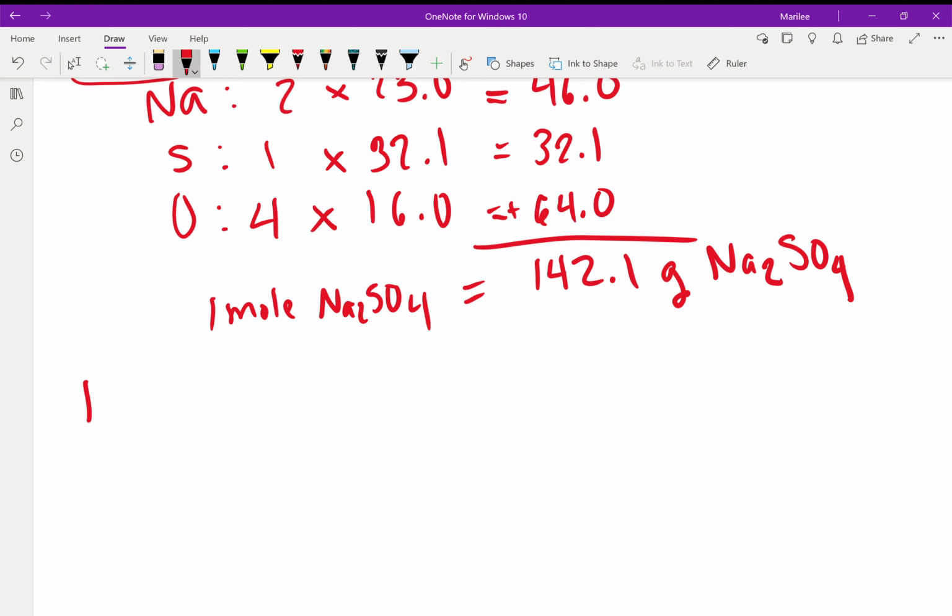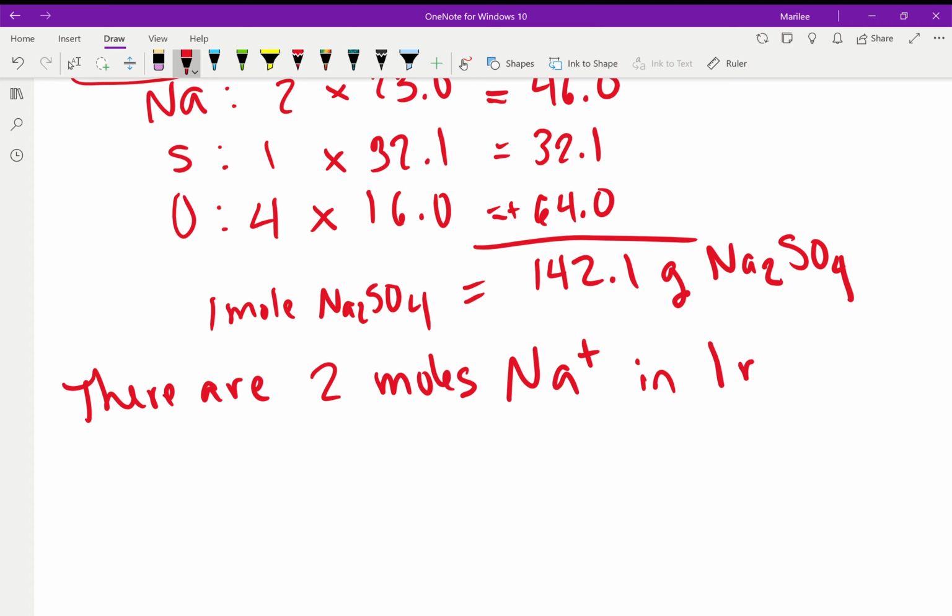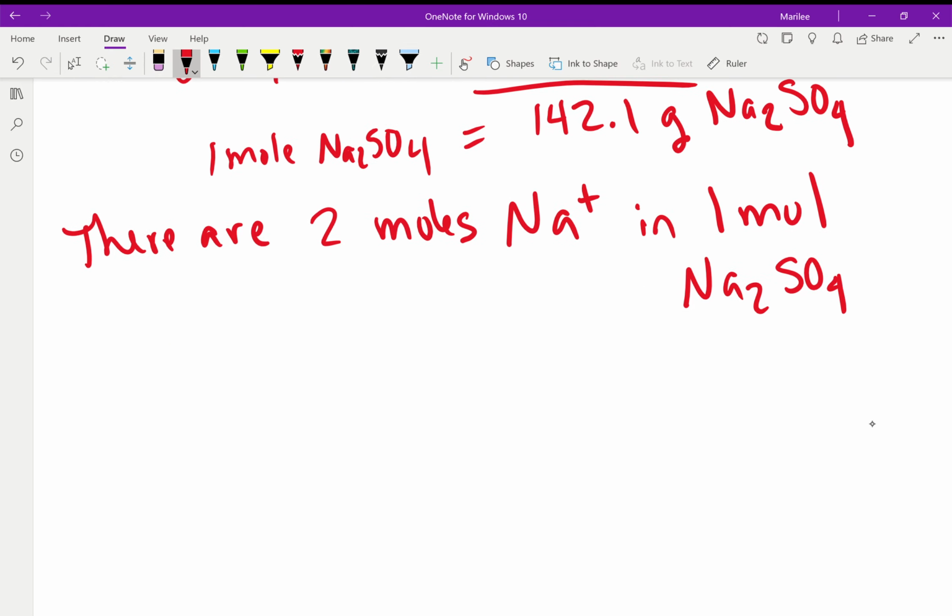Let me write that here. There are 2 moles Na+ in 1 mole of Na2SO4. Okay? So our first step, step 1, we have to find how many moles of Na2SO4 are in the